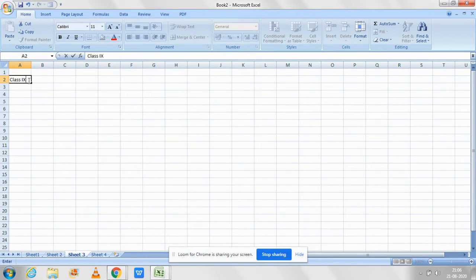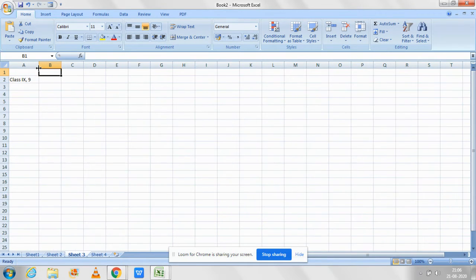class 9th, or if you want to add a number with it, you can easily add the number with this, 9. So these are all things which can be easily entered in this. You can also adjust the size by dragging it. What will happen?